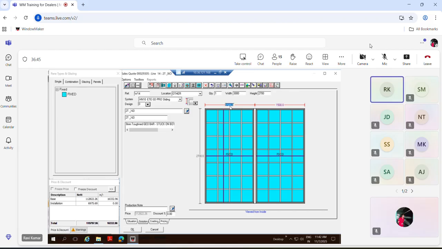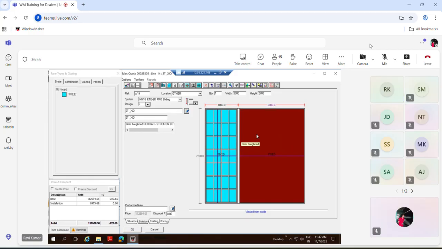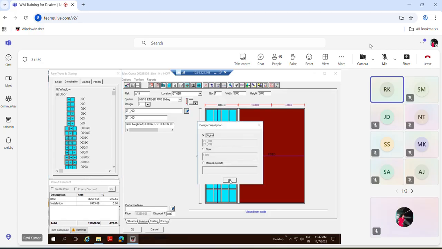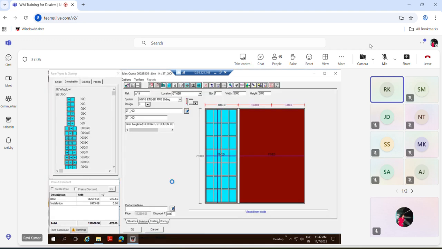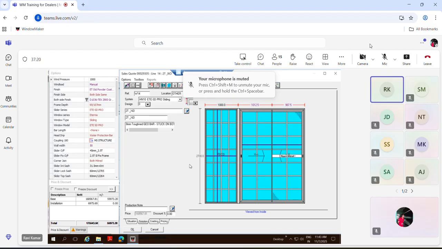Like fixed part is 1000 and left one is slider. So I will just click on the combine, then door, and I will make this window as both side movable. So this is how you can make a corner window in slider